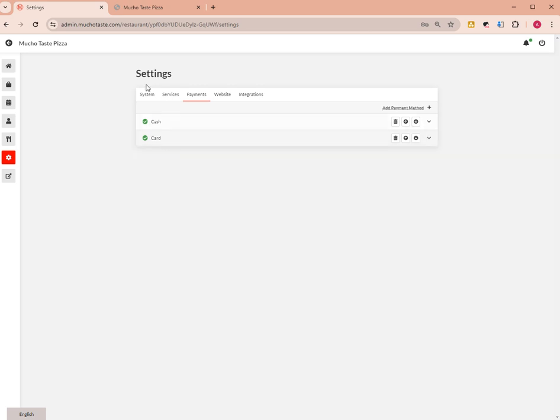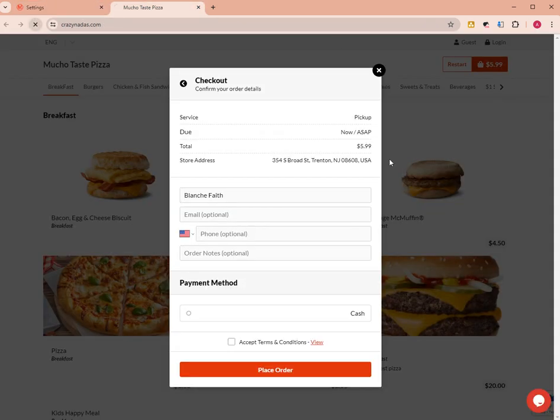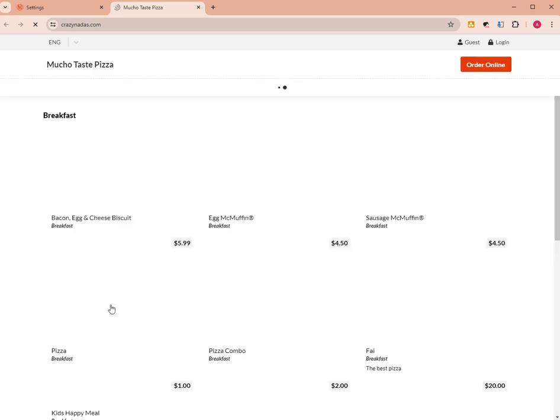All right, so yeah, that's basically it on how you can manage the payment method for your